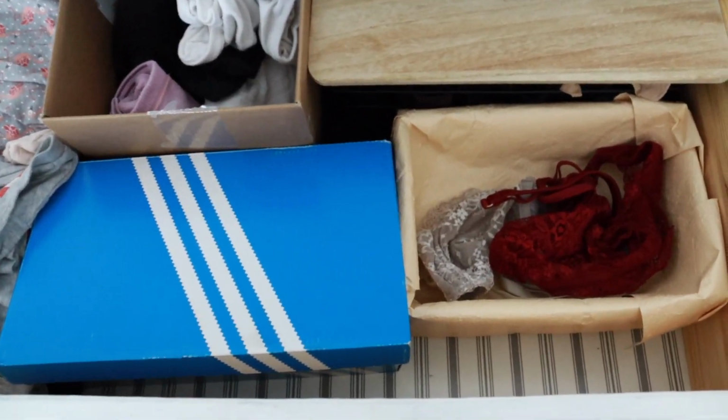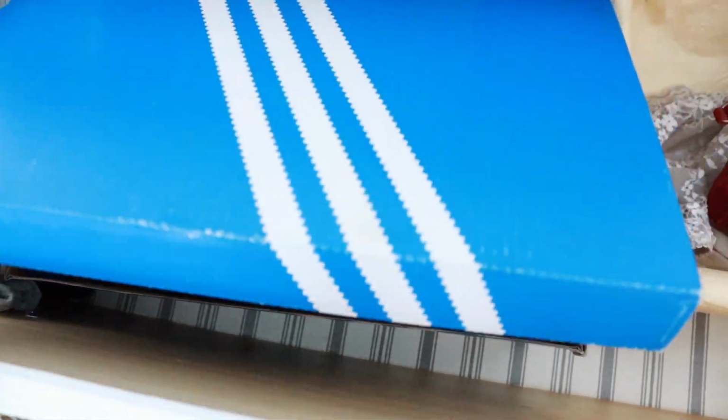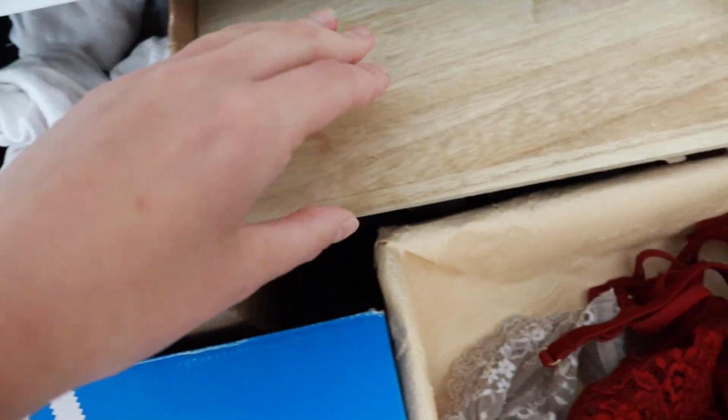The problem is that organizers can be very expensive and also can be quite difficult to find, like the organizer specifically for your drawers, unless everything comes from IKEA. And at the same time, I had a lot of boxes lying around from shipping and stuff like this that I didn't really want to get rid of because they could be useful for when I finally sell all my decluttered items. So basically I realized that I could solve two problems in one go